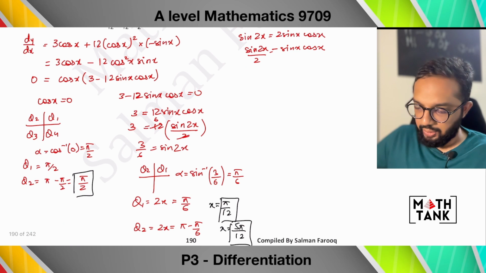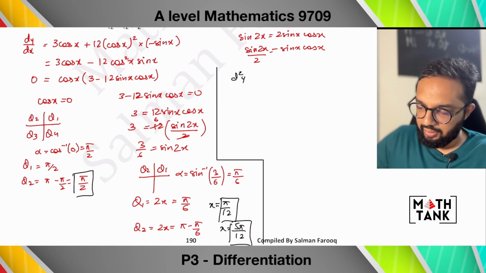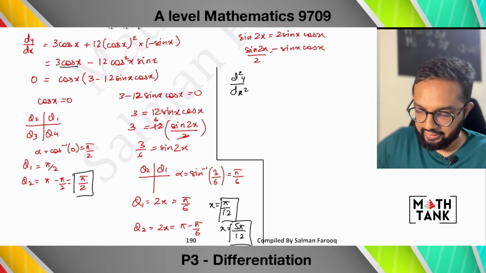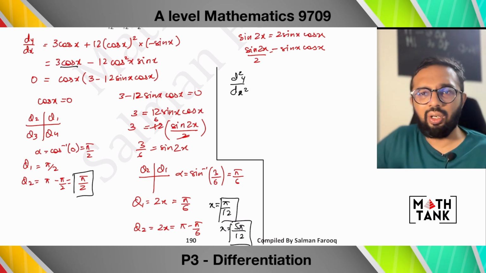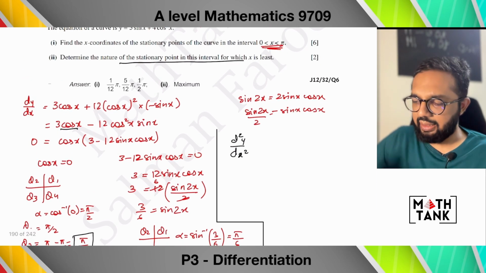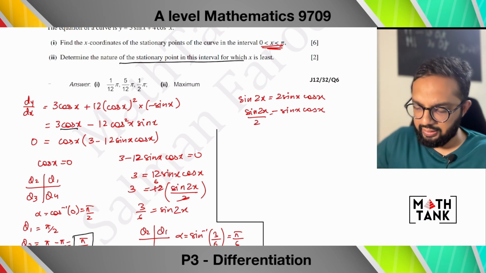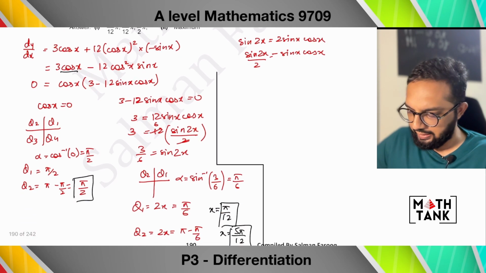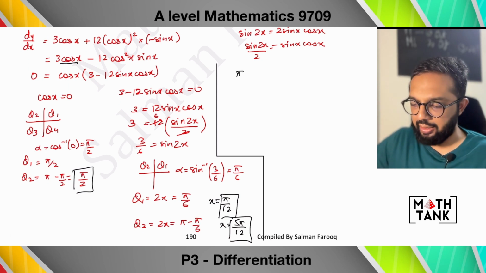Now what you've done in the past is that you always found out the double differential. But when I just look at the double differential, it looks very complicated. Why? Because it has a cos x term, then I'm asking you to do a product rule, and that seems like an exaggeration for just 2 marks out of the entire question, right? So what other method is there, and we've done this in class as well. I just want you to figure out whether the least turning point is a maximum point or a minimum point. So the least is pi over 12.